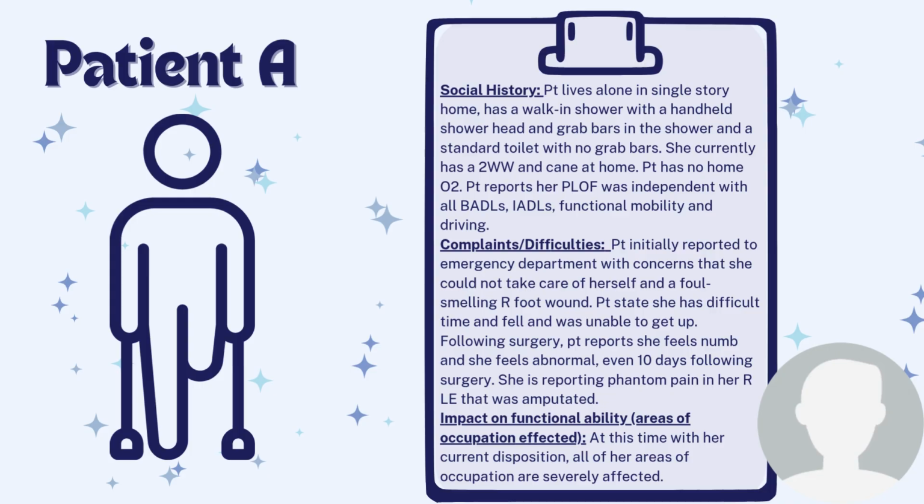Her functional mobility, loss of that right lower extremity, the recent two surgeries within 7 days, and her poor endurance can contribute to significant mobility deficits and affect her transfers and ambulation. And then also environmental barriers for functional mobility is that she does have a two-step entry and a standard toilet with no grab bars, which could prevent safety